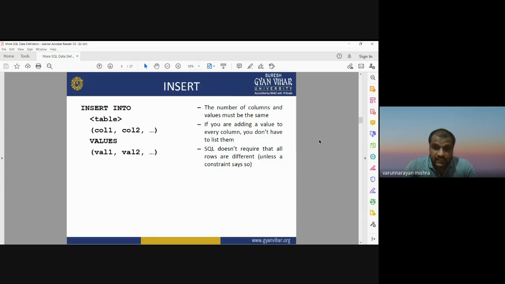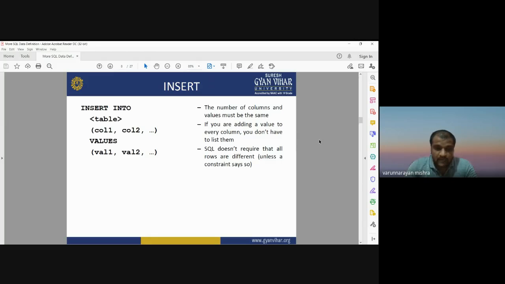And if you are adding a value to every column, you don't have to list them. If you want to add the same value in each column, then you don't need to define the column. You need to define the column number only when you are going to insert in a specific column.